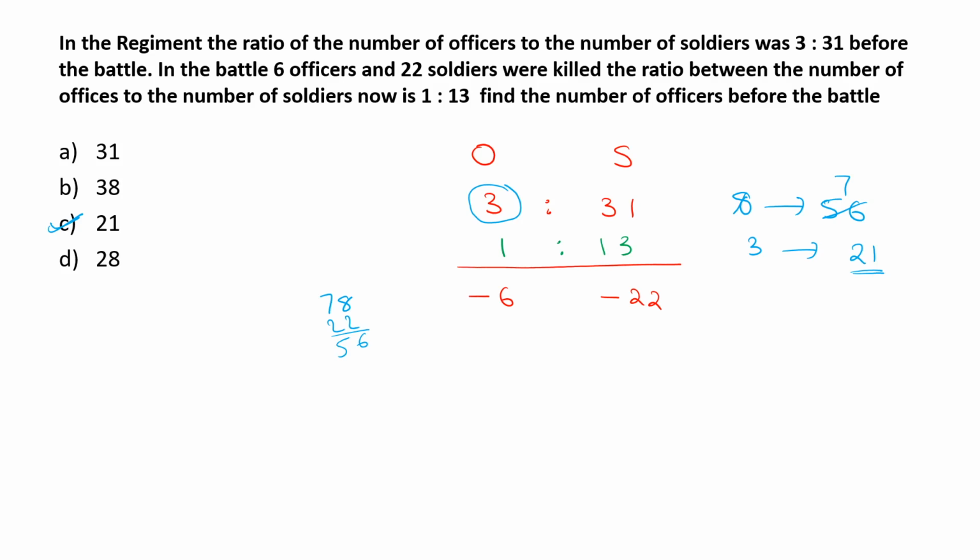There is a terminology of regiment, soldiers, officers, all these things. But look at the question as what I am going to read now. There are 2 numbers. The ratio between those is 3:31. When 6 is subtracted from the first number and 22 is subtracted from the second number, then the ratio between those 2 numbers becomes 1:13. Find the value of the first number. This is how we need to look at this question. Just solve this question by the mechanism which we have learnt from the previous sessions.